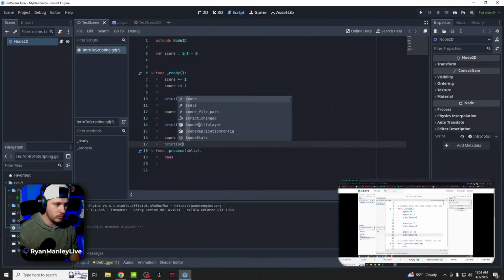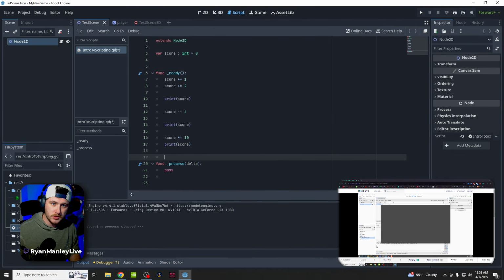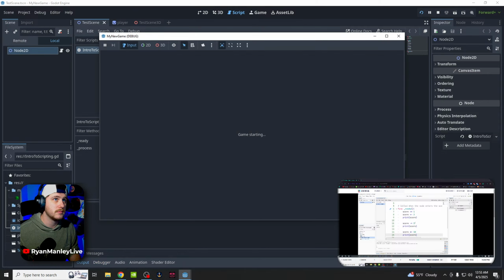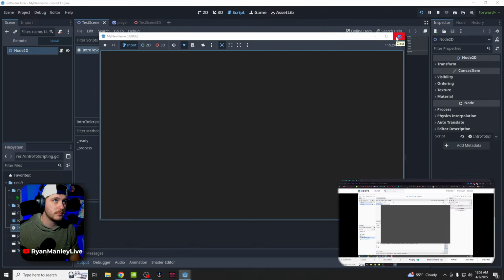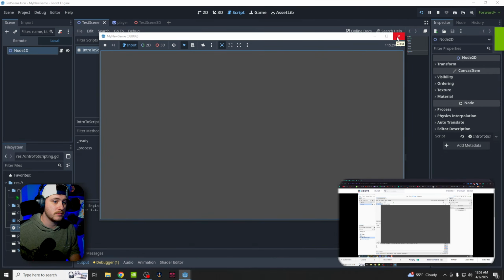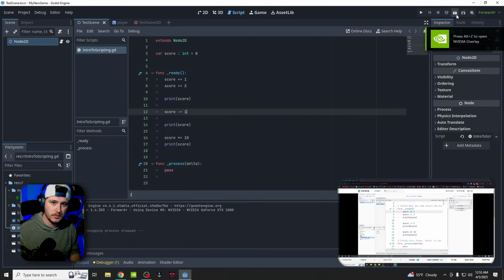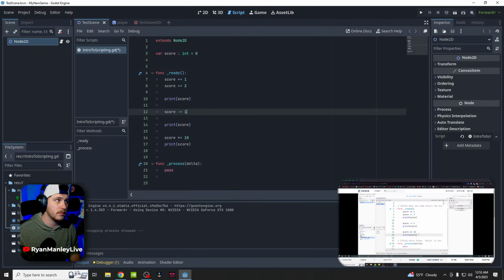Now, if we press play, you'll see we have 3, 1, and then 10. It's 10 because we are multiplying 1 by 10, so if we just subtract score by 1, then we should see we have 3, subtract 1, that's 2, multiply by 10, that is 20, okay? So, yeah, that is addition, subtraction, multiplication, and then finally,